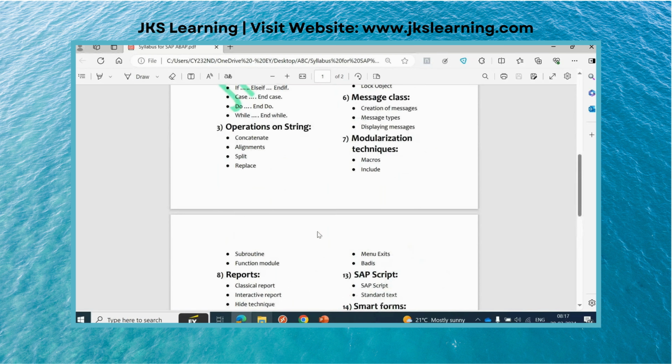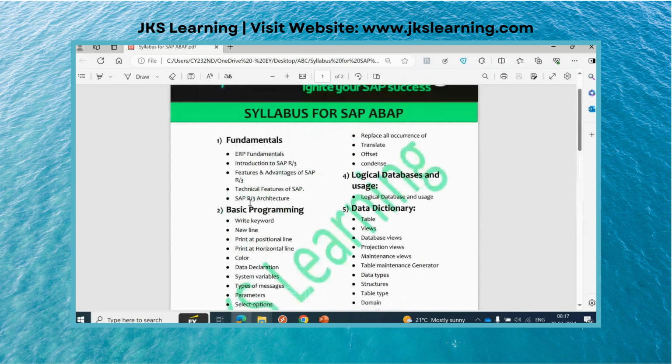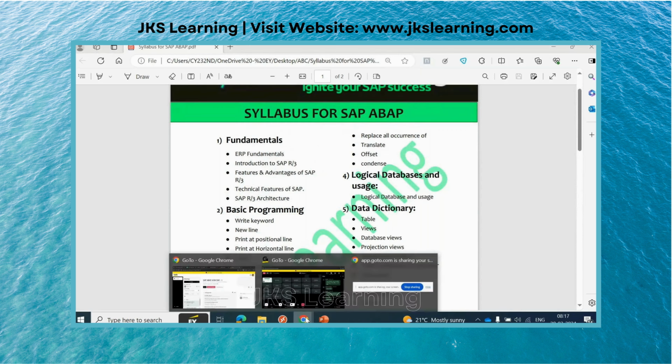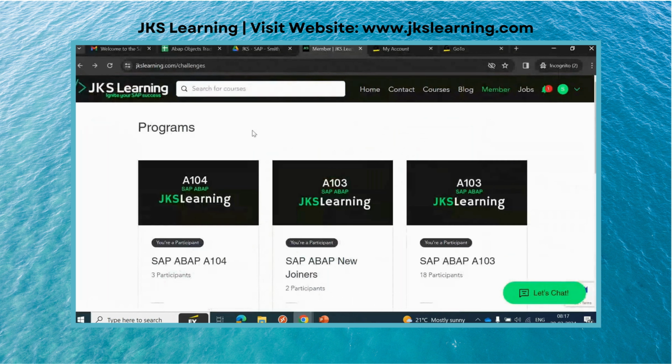This is the syllabus we have designed so that it will be very helpful to understand more about SAP ABAP.